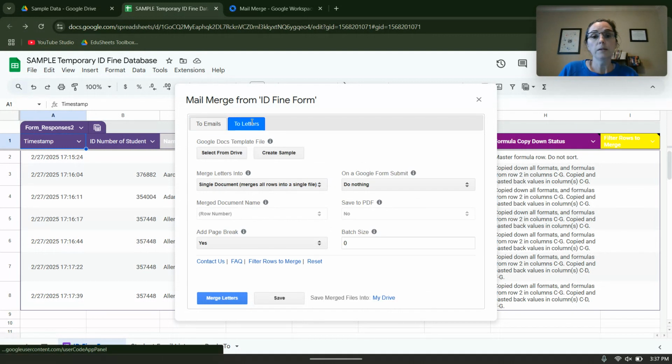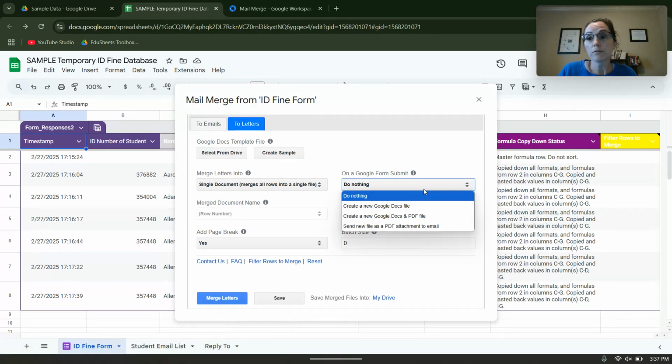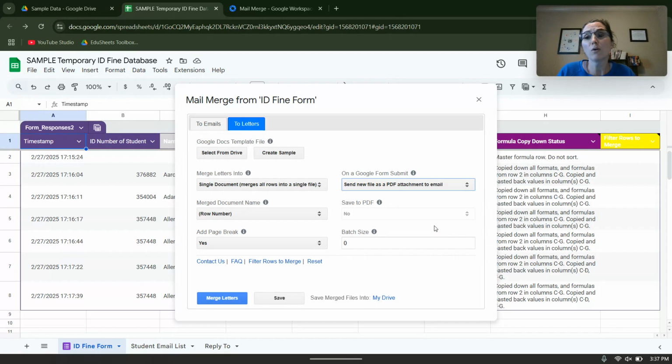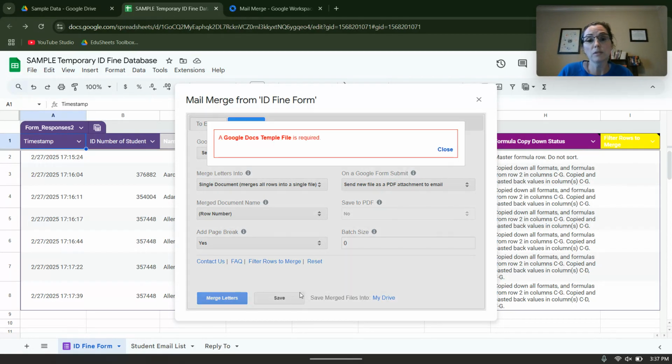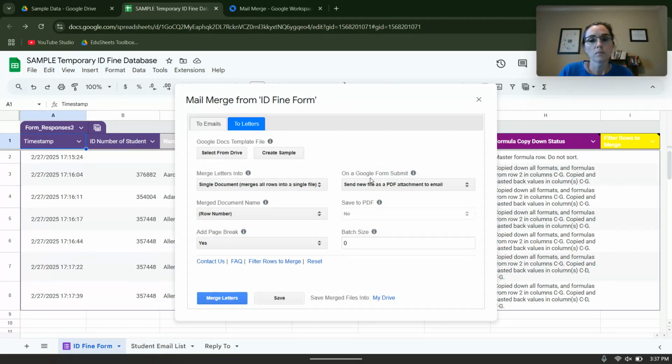And then it's the same way if you want to create letters, but this is anytime you want to create a document that you are going to print yourself, or you are going to manually download as a PDF and attach and email yourself. This is not totally automated. It's doing it all for you when you want a document, and it's the same way. You just answer this. You could tell it to automatically create a file every time that you do this. And you can send the new file as a PDF attachment. I mean, you can do all kinds of cool things, which is why I absolutely love,